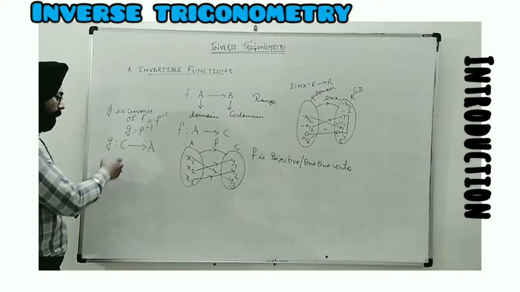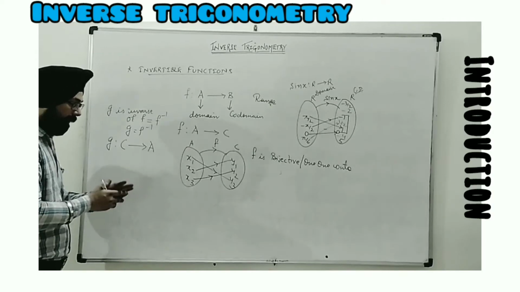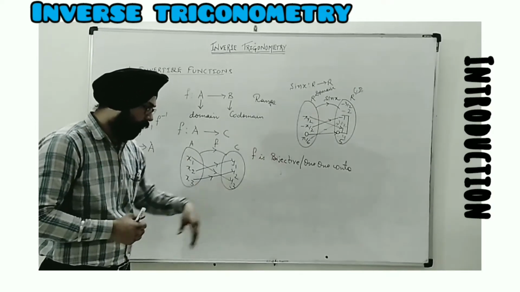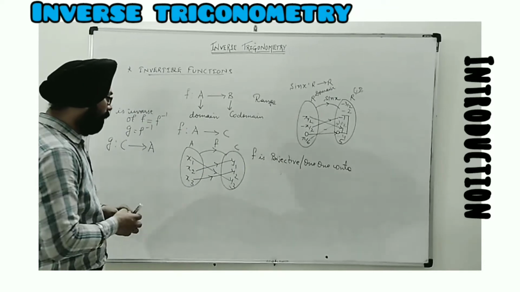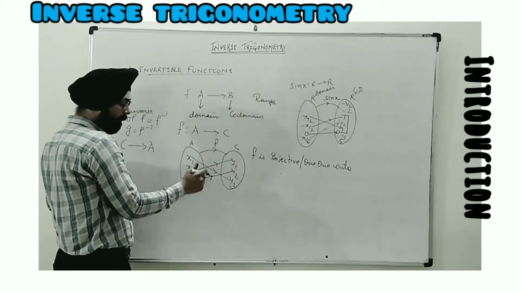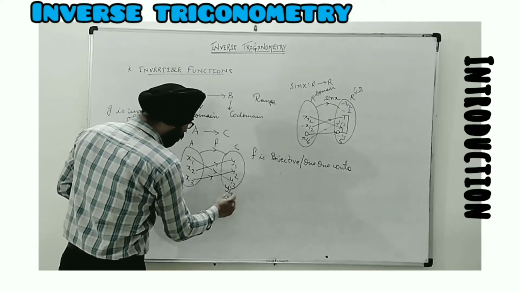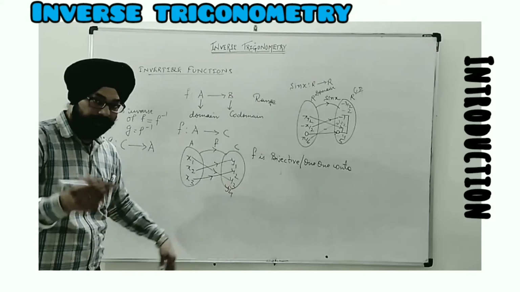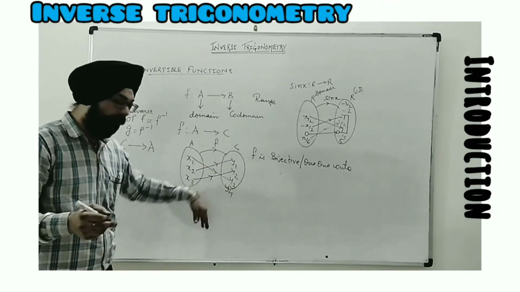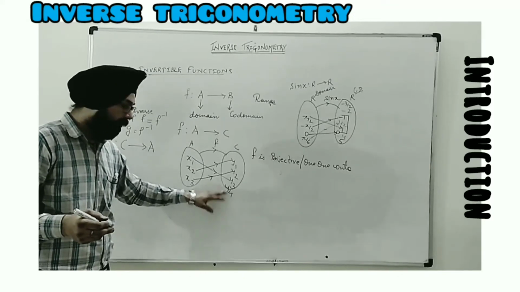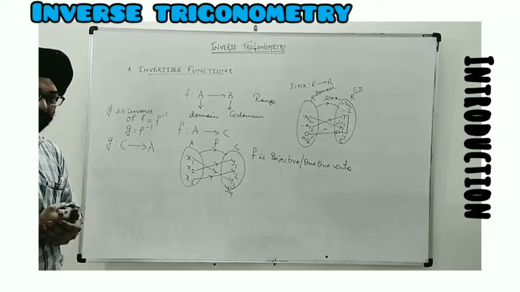Suppose I have this function, other than this case. This case I have taken of bijectivity, one-one and onto nature. Suppose I have this as a codomain, like B. I take some element y4, which is not the image of some element in A. Obviously, the codomain may have some element which is not the image of any element in A.